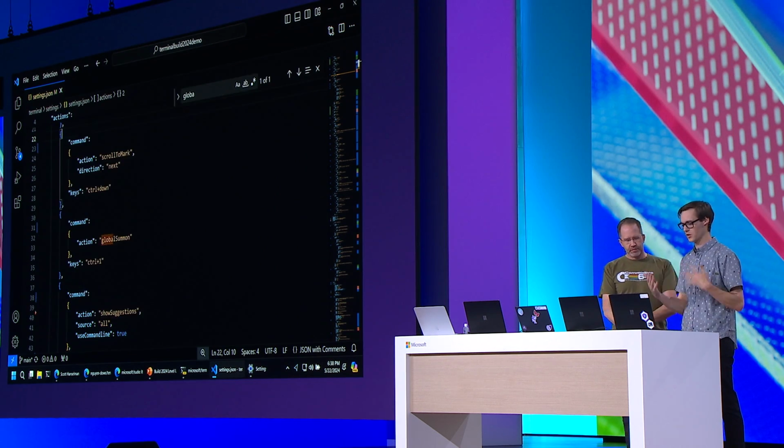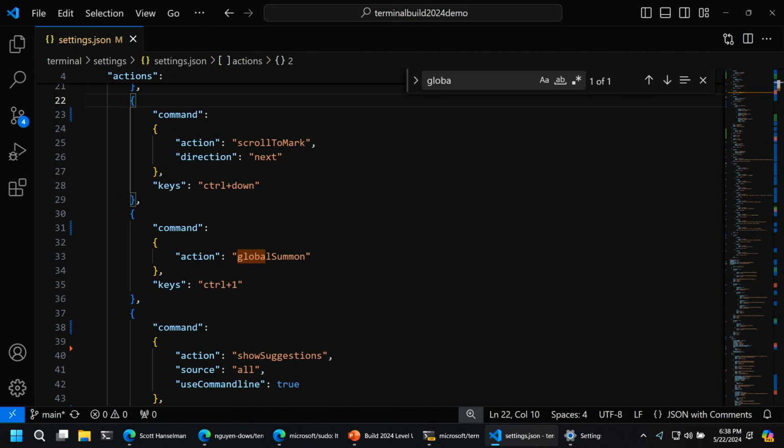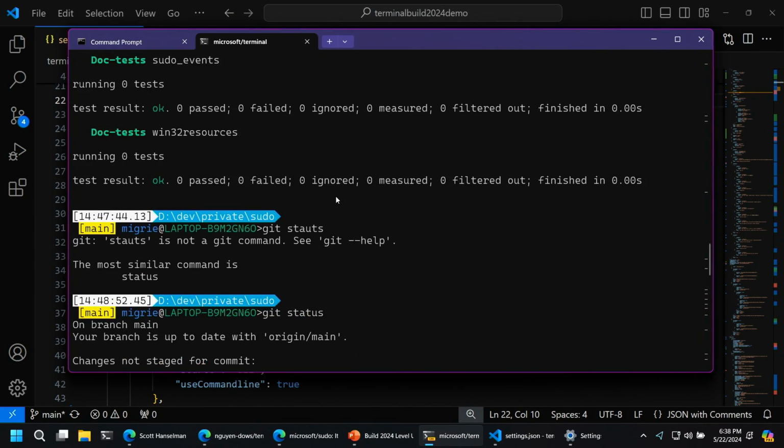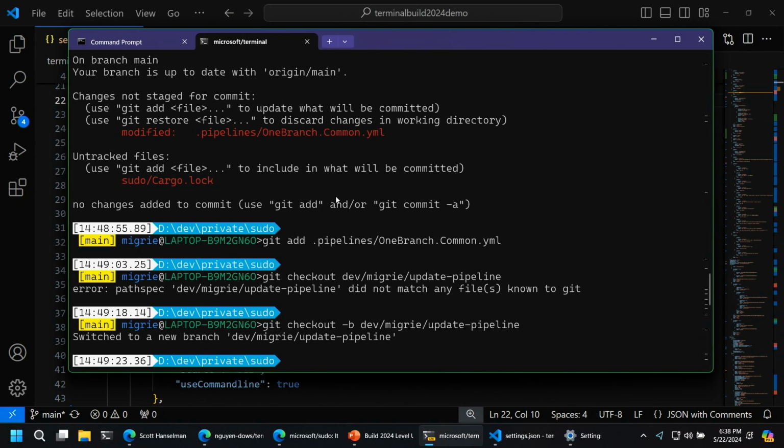I want to jump right into it, but I have piles of windows open right here, and I don't want to look through the Alt-Tab order to find the terminal. When I'm writing code, I want to stay in the flow. I want to write code, then jump to the terminal, run my builds, run my tests, and jump back. If you look at my settings here in the terminal, I have this global summon key binding set up. It lets me get into the terminal regardless of what's open. I'm just going to press that right now, and there we go. I'm in the terminal. I don't have to think about it. Global hotkey to bring the terminal to the front.